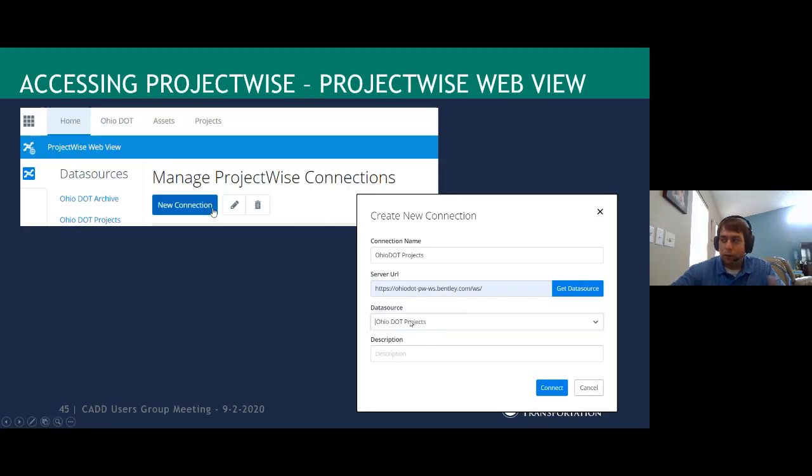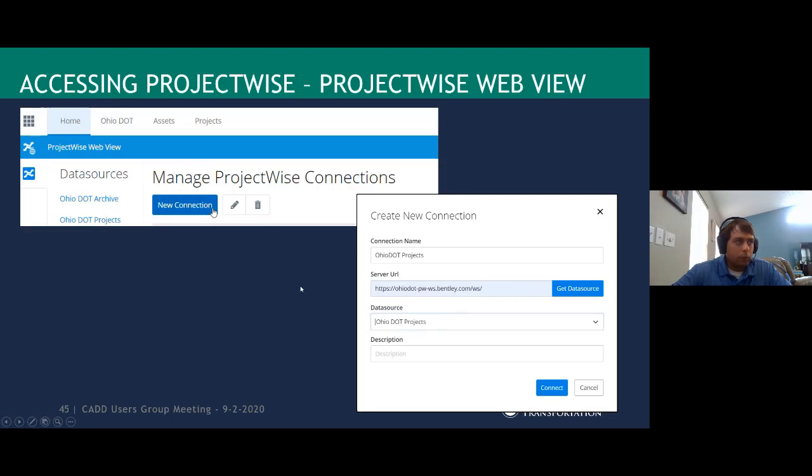So I'm going to show in the next step how we're going to handle permission setup here. But you only have to do this one time, and I'm pretty sure you can do it at the administrator level. So if you guys have someone managing this stuff, I'm pretty sure they can set the data source up for your entire office. So keep that in mind. But you can do it as a one-off, manually add a new connection.